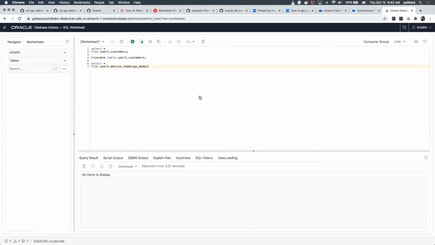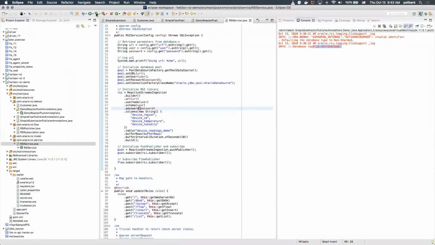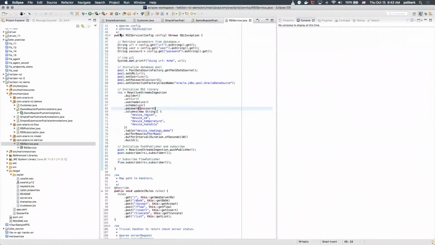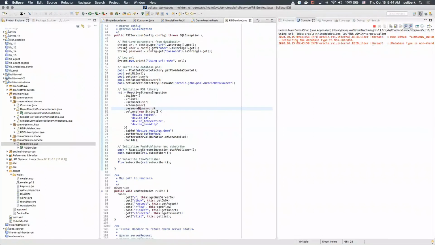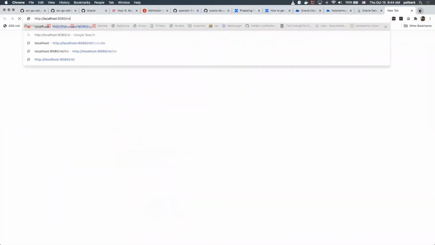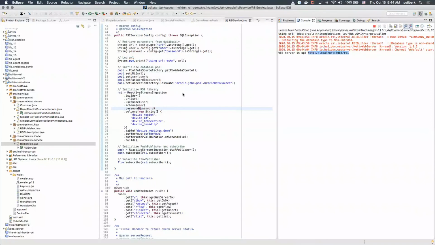Nothing to display. So let's first start locally and see what happens. My microservice is starting, and it's also starting the library. And there you go, up and ready, listening here. So let's see that this is running. Up and running, okay. So let's start to send records.